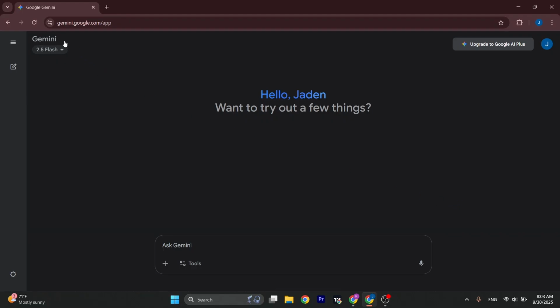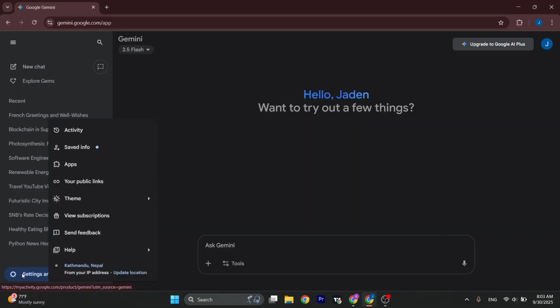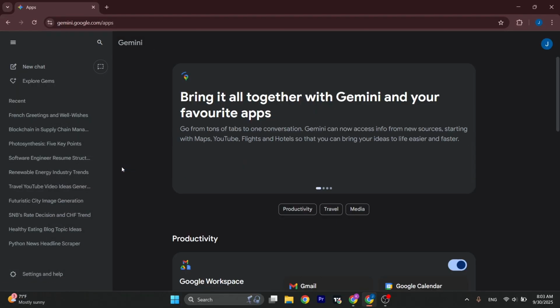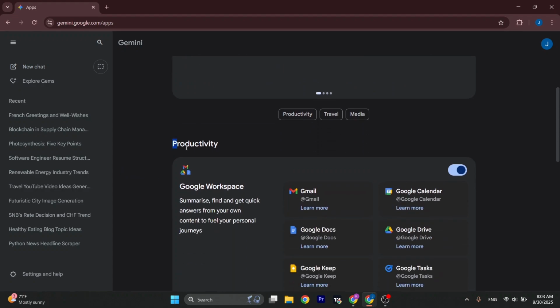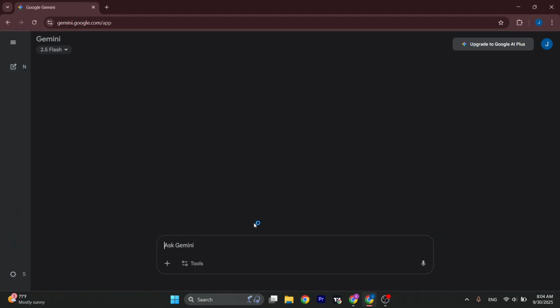First thing you want to do is open up gemini.google.com. Once you're on this interface, head over to settings on the bottom left and then here you'll see the option called apps. Click on the apps option and under the productivity section, you'll see the option of Google Workspace. By toggling on a single option, you'll be able to enable the entire Google Workspace within Gemini AI. So make sure that this is toggled on and let me now show you a quick example of how you